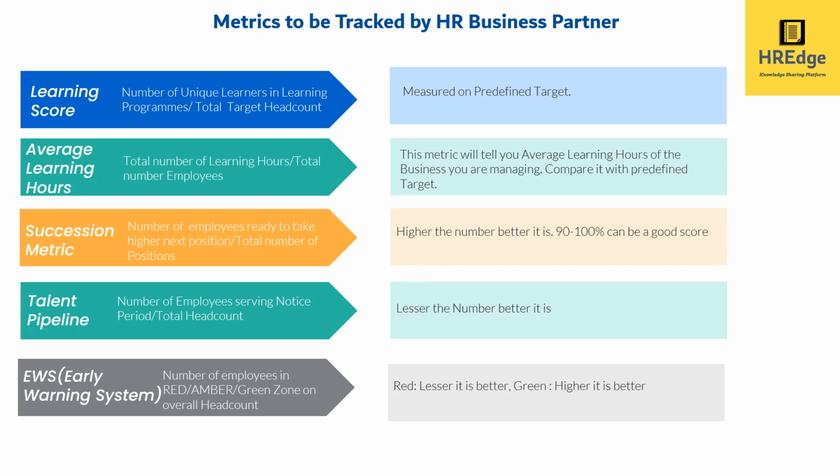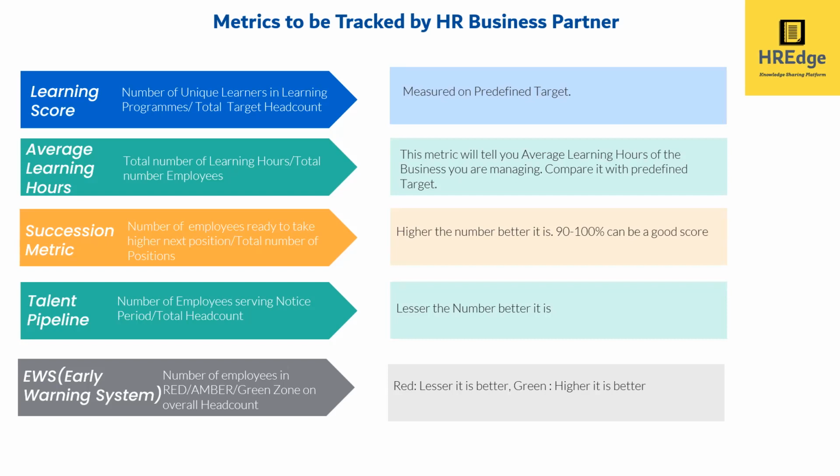You can compare it month-on-month, quarter-on-quarter, and year-on-year. If you have set a target at the beginning of the financial year, you can compare against this target also. You can show these metrics to the business units or your leadership team, and they will have a very good idea of where you stand and how you are going,